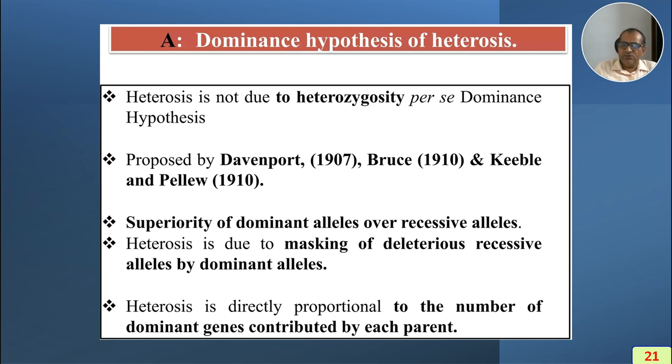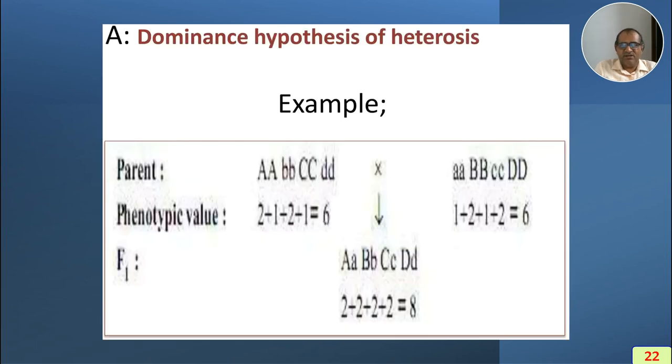So this is the superiority of the dominant alleles over the recessive alleles, in simple terms. Heterosis is due to masking of deleterious recessive alleles by dominant alleles. And heterosis is directly proportional to the number of dominant genes contributed by each parent. Suppose parent 1 is contributing to the offspring, and then parent 2; then it is called the dominance hypothesis of